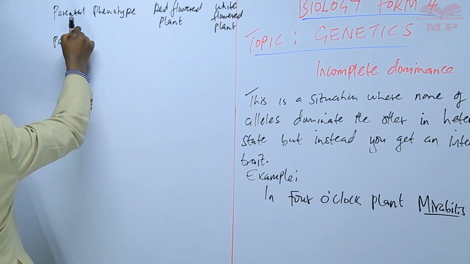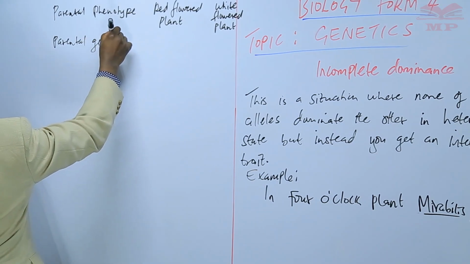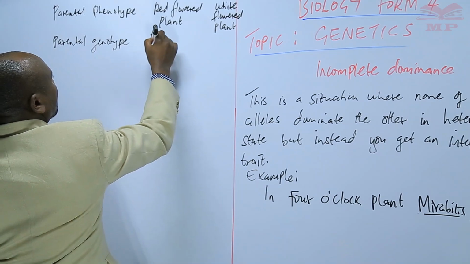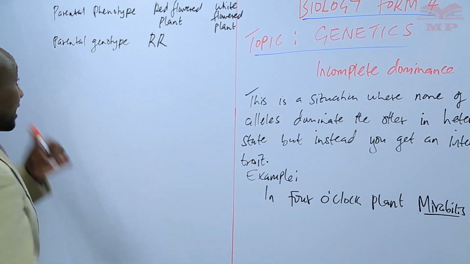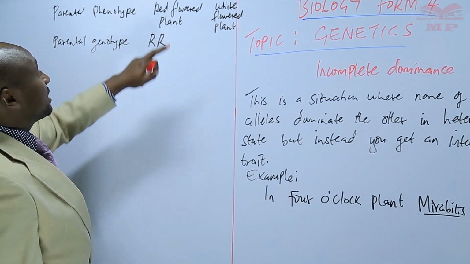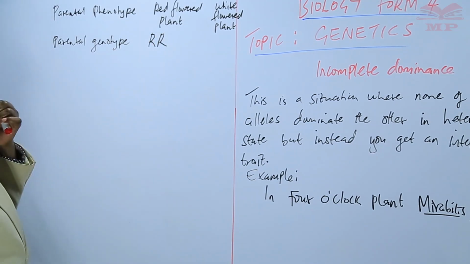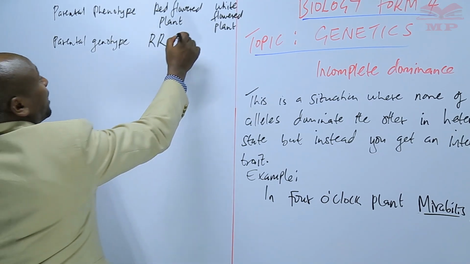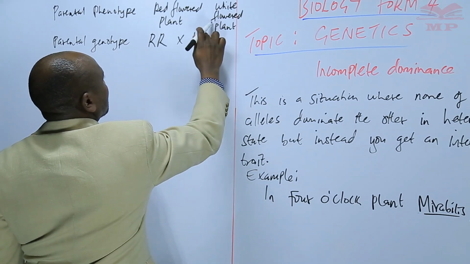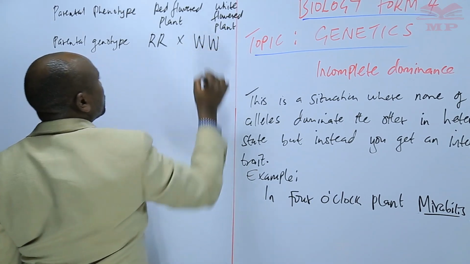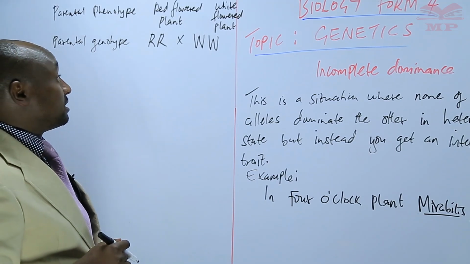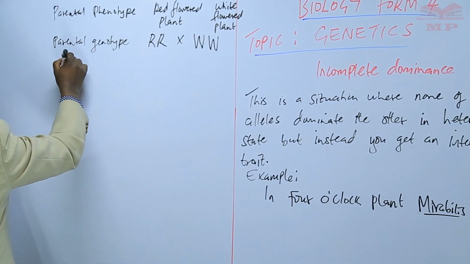Then we have the parental genotype. We use capital R for red to show that red is not recessive, and then capital W for white flowered. In this case we are using both capital letters because none is dominating the other. Then in the gametes,